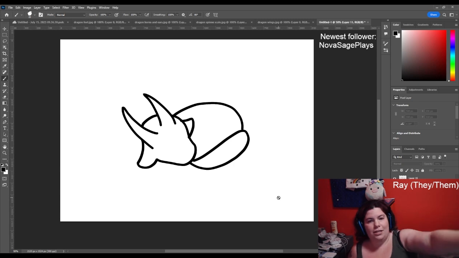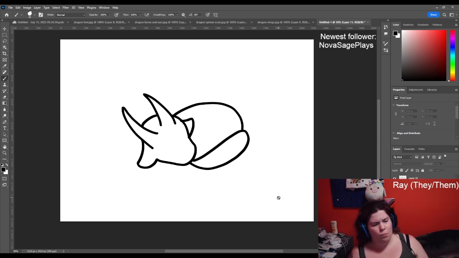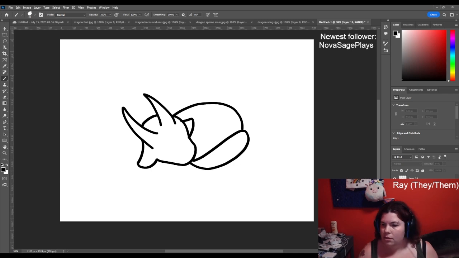Honestly, not horrible. So these will probably be final lines, other than if I feel like I want to connect them more. But I think the head shape and the lines for the body are perfectly good. I'm not gonna put the eyes in just yet because I want to do that with a finer brush. I'm gonna start with the less fine lines, the lines that are this thickness, so I don't lose this thickness,